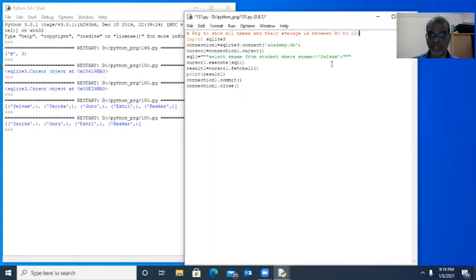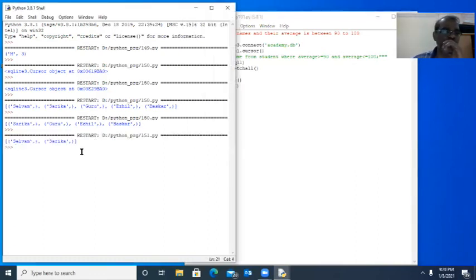Okay. Now we need two conditions. These two conditions should be satisfied. Then we go for and, that is, average greater than or equal to 90 space and. You know very well the usage of and. Both conditions should be satisfied, then only the result will be true. If any one is false, the result will be false. And average is less than or equal to 100. That means the averages that lie between 90 to 100 will be shown. We will see.